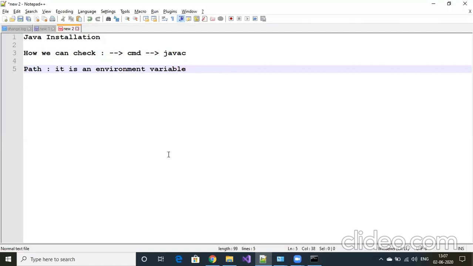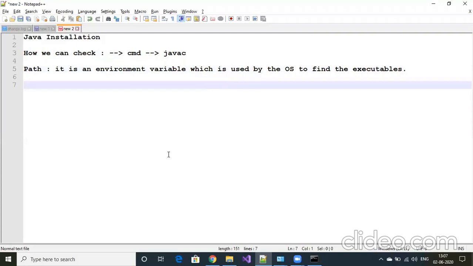It is the environment variable name which is used by the operating system to find the executable. So we installed .exe only, right? So it is looking for that executable thing.